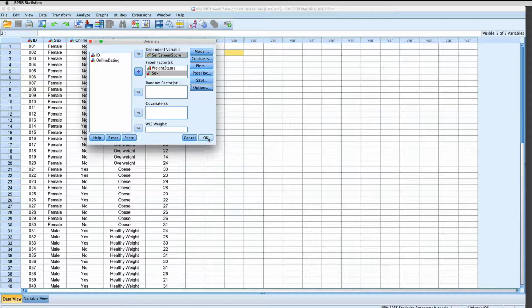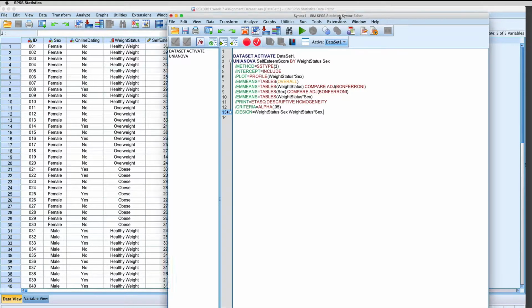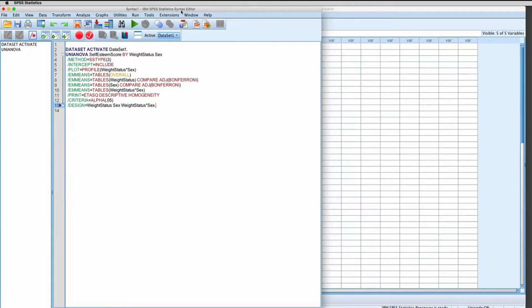So instead of clicking OK to run this, I actually want to add a little bit of language to this command so that SPSS can generate these simple effects in my first analysis that I can use to interpret should we find a significant interaction. So I'm actually going to go to paste, and what this does is it generates